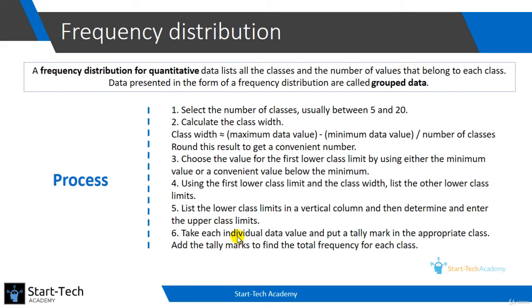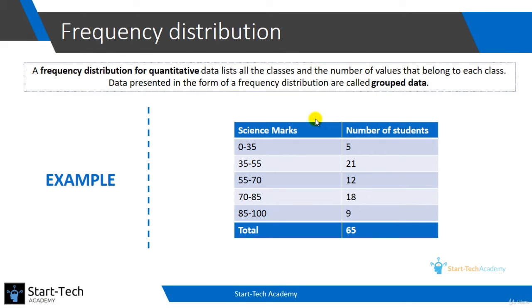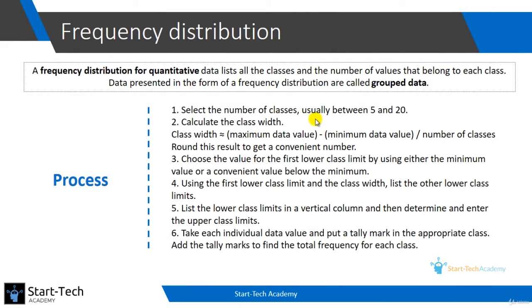When you have a list of continuous data, the first thing you need to decide is the number of classes that you want, that is the number of categories. For example, in the previous example, we have 5 classes. So first thing you need to decide is how many classes you want in your table. Second, using that number of classes, we find out the class width using this formula: the maximum value of data minus the minimum value of data, divided by the number of classes that we decided in the first step.